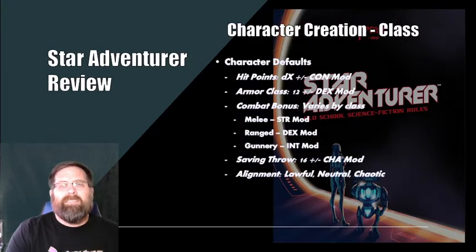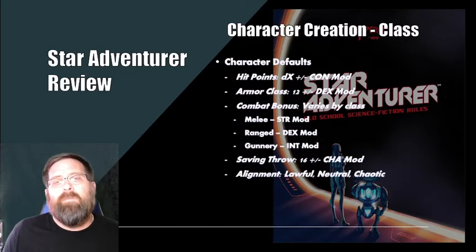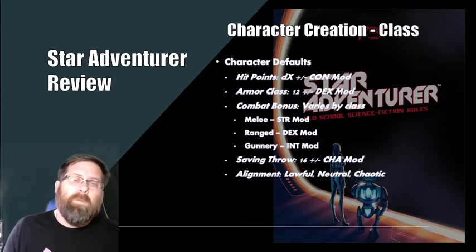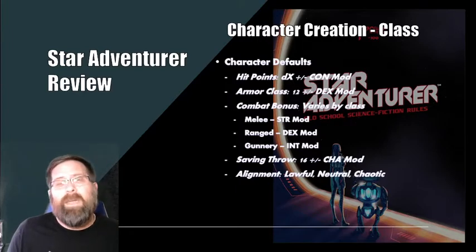And then the last option is the class. Now, all classes do have some defaults. So your hit points are going to be based off of a dice roll plus your constitution modifier. Pretty standard. Your armor class is going to start at 12 and is going to be adjusted based on your